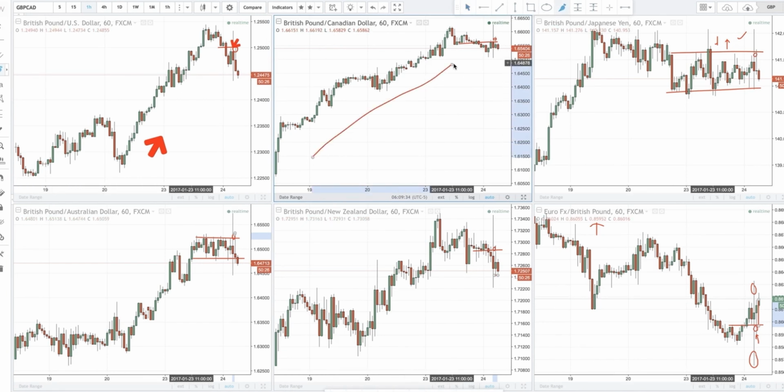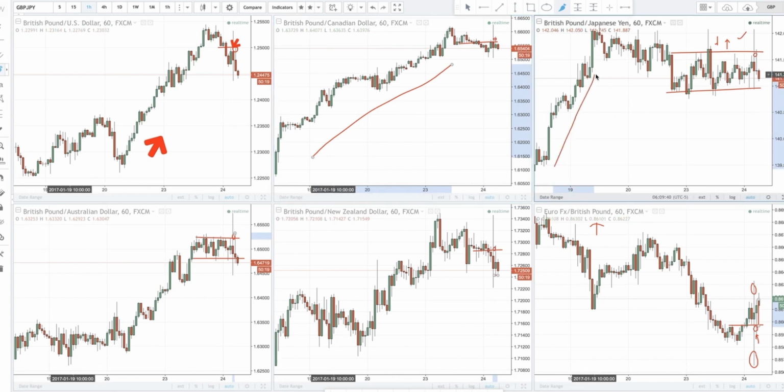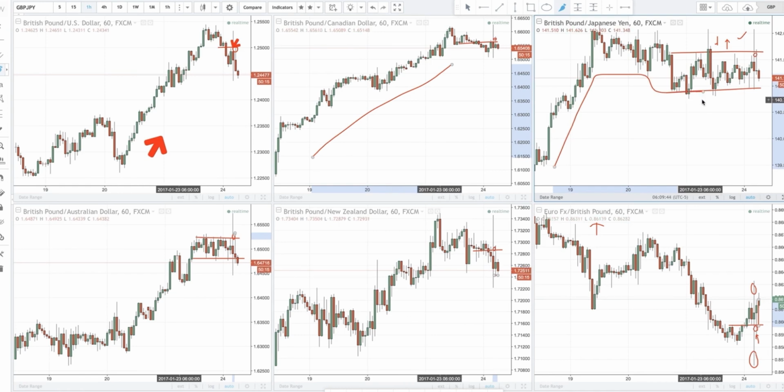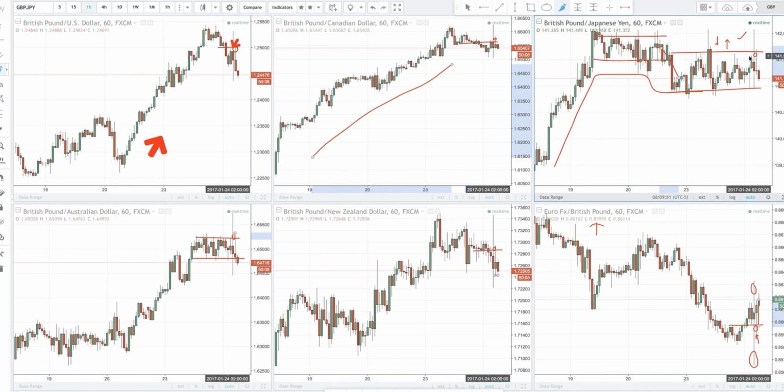Selling here in an uptrend is also still quite risky. But pound yen, on the other hand, was an uptrend that went sideways, that went lower sideways. You see what I mean? It was a range here, then it dropped lower, and then it became a range here again. So it's like, oh, that looks even better because it's showing me a little bit more signs of